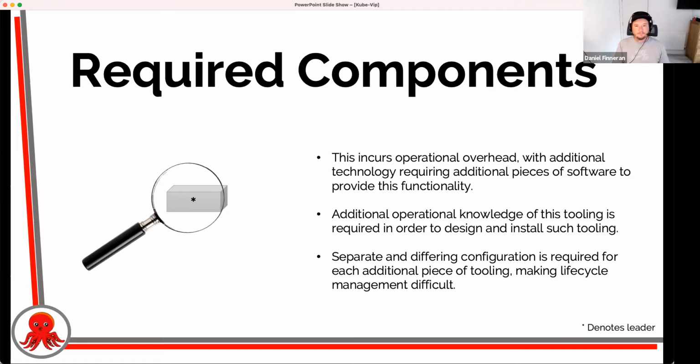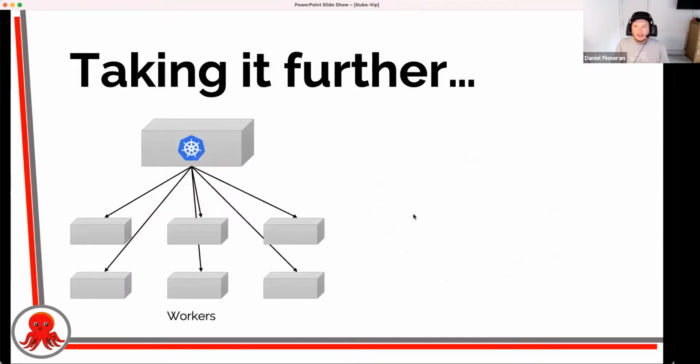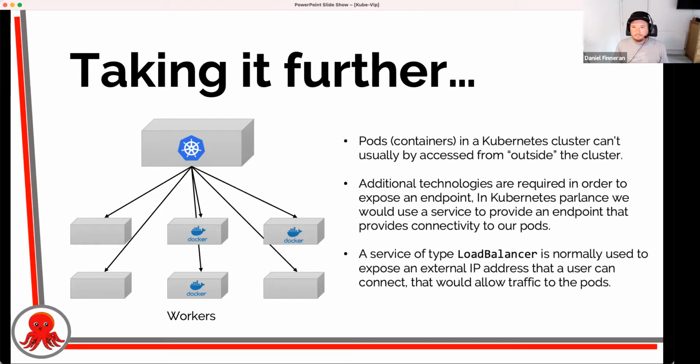So it's trying to automate that, which is where I decided that there's probably a better way to do this. And I also realized that in automating that, I could use that same technology to provide load balancer services inside the Kubernetes cluster as well.